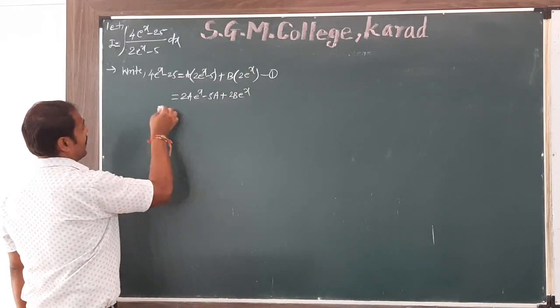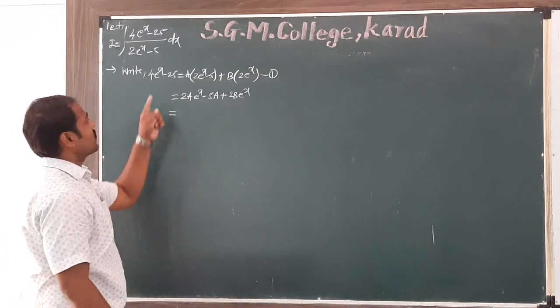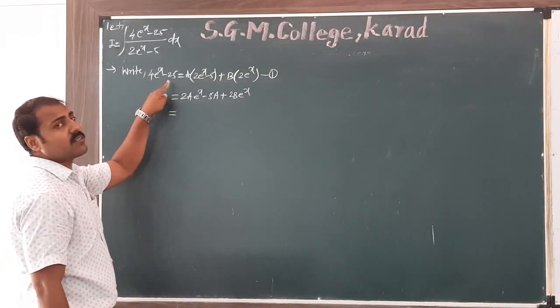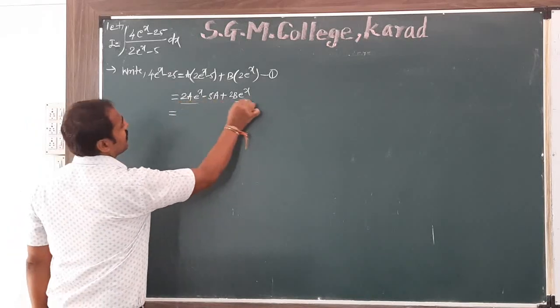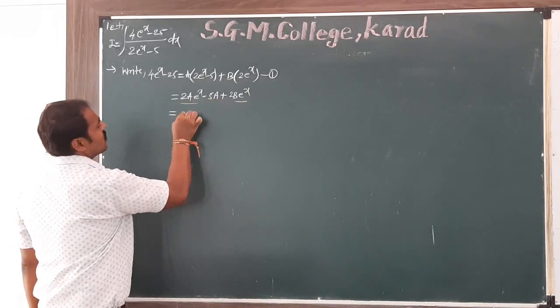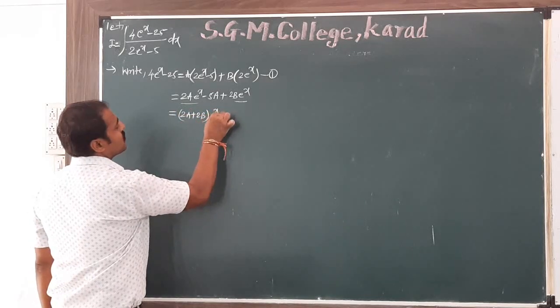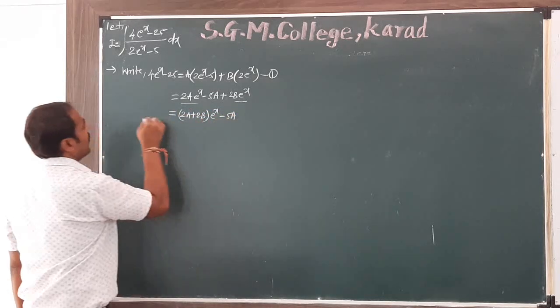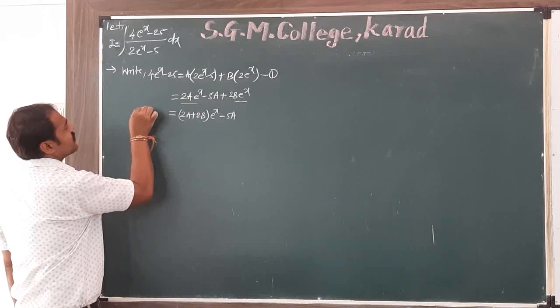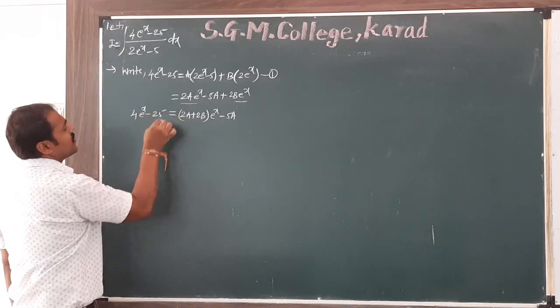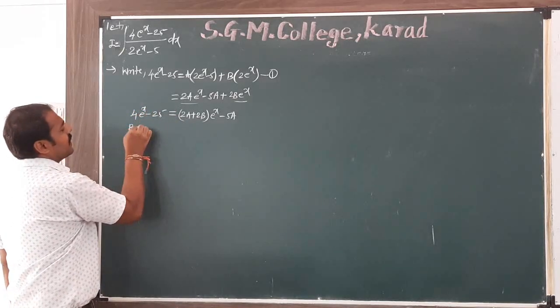But in LHS, there are two terms. First one is of e raised to x and second one is constant. Taking e raised to x common, so (2a plus 2b) into e raised to x minus 5a, and here is LHS 4 e raised to x minus 25. By equating